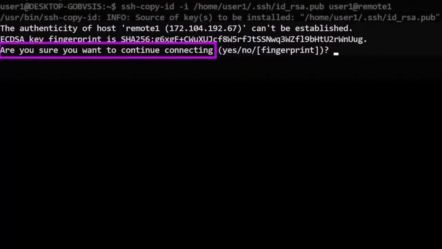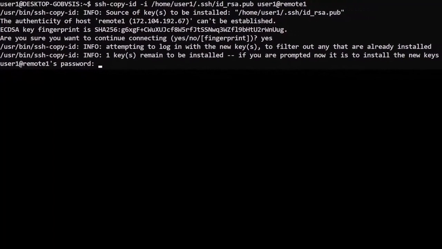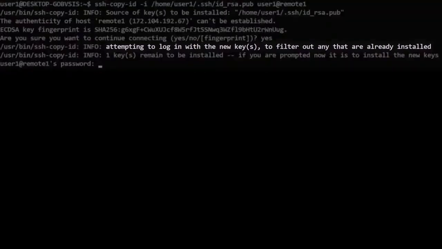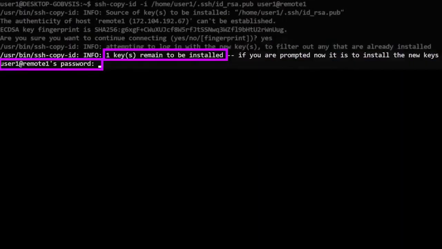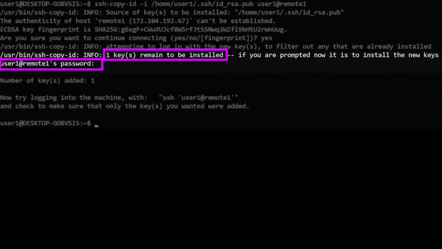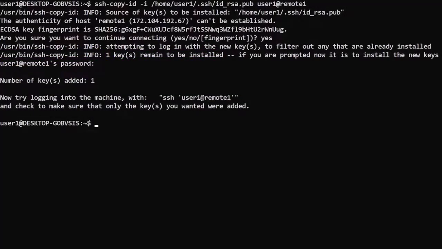Confirmation to continue with this connection if this is the first time talking to the remote host. The command will also check if the public key is already installed. If it's not, you will be asked for your password before installing it. And assuming everything works, it tells you your key was added and how to test it, which we'll do in the next section.